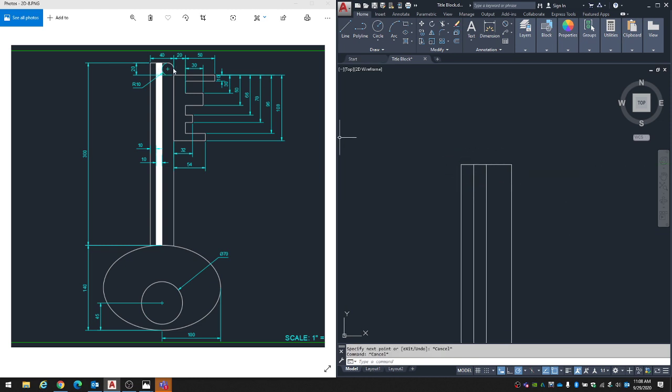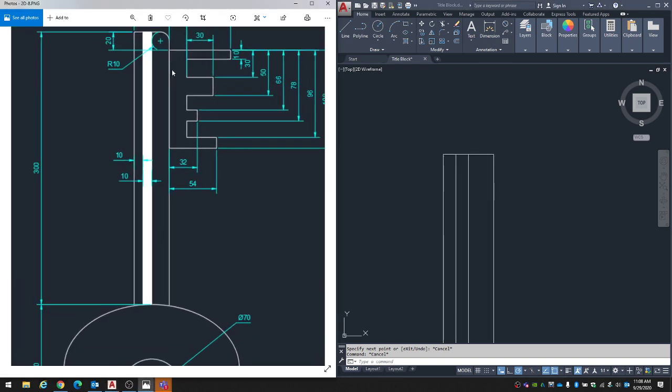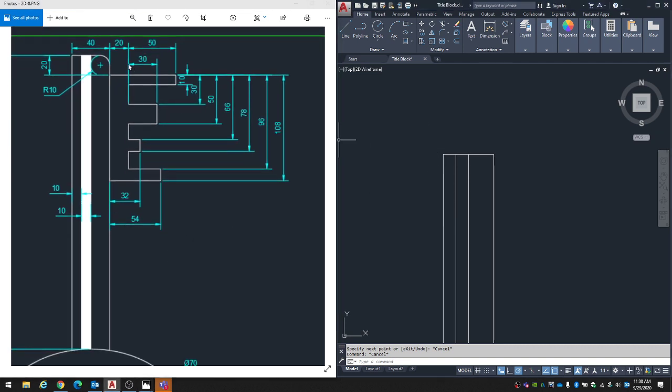That eventually gets filleted, but I'm not going to fillet it yet because I need this corner in order to start all these dimension things down here. So this is a little tricky. Let me zoom in here. Oh, can I pan up? There we go. Okay, so from this corner, I need to go down 20, and then to the right,